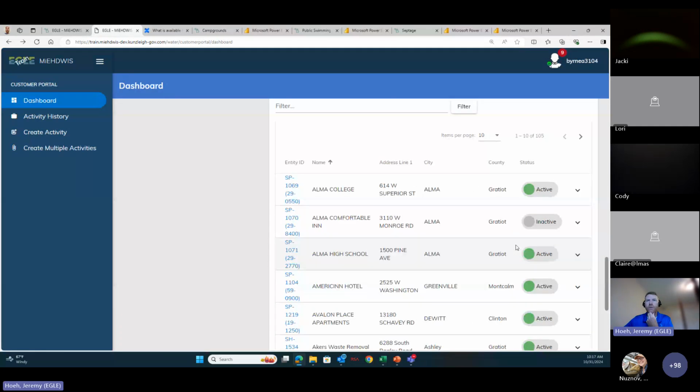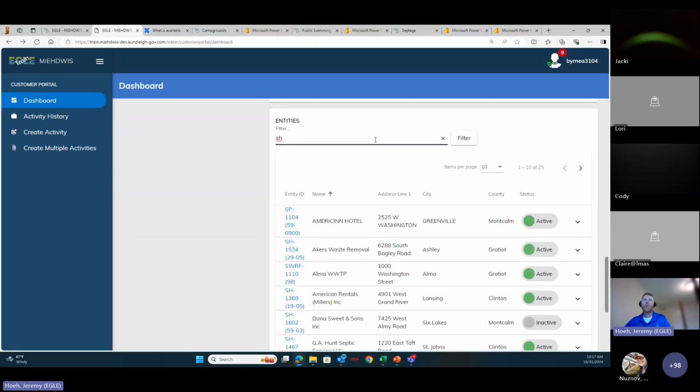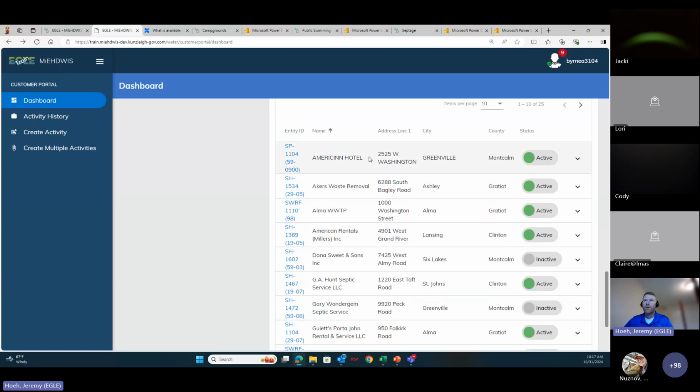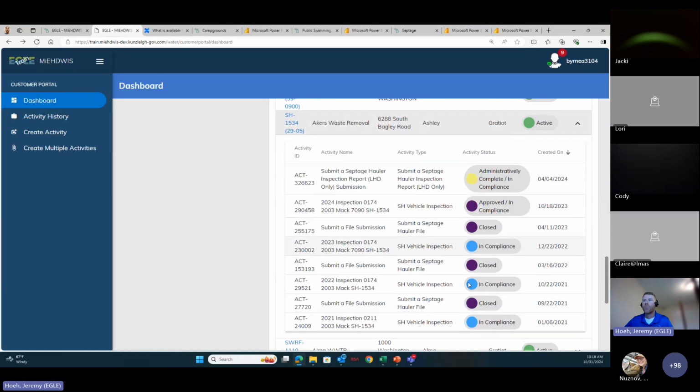Go back down to the entities, and again, you can filter if you're looking for all the haulers. You can just do a quick SH. Of course, it's going to search for any field. So this address has Washington with SH in it, so it's going to show that. But here's a hauler. You can click on that and kind of see the status of the most recent